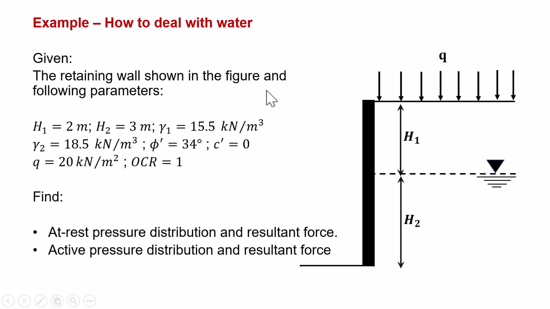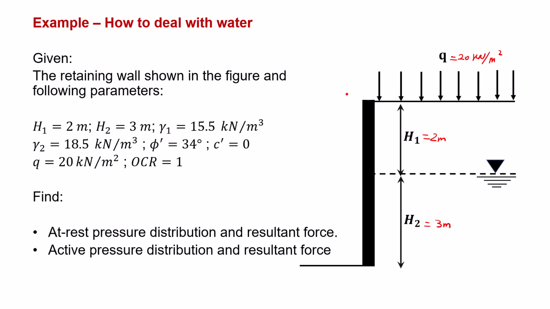In this example, we solve a problem in which the soil is partially submerged. So here you can see a retaining wall with the parameters given here. H1 is equal to 2 meters, H2 is 3 meters. We have surcharge Q, which is 20 kilonewton per meter squared. This is actually a distributed surcharge over a very large area,